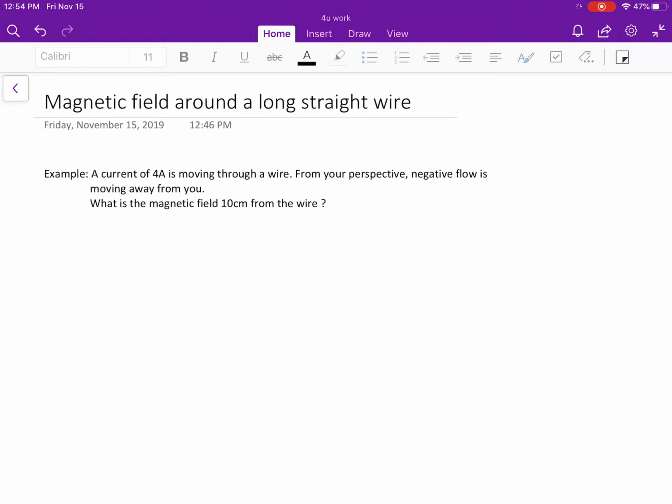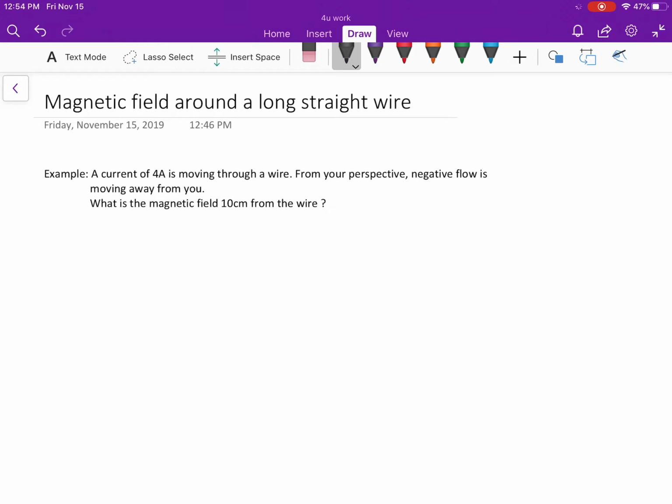There's a deep connection between electricity and magnetism. Whenever electricity or charges are moving, that triggers a magnetic field in the vicinity of those moving charges. In the case of a long straight wire, it creates a magnetic field around the wire, kind of circular around